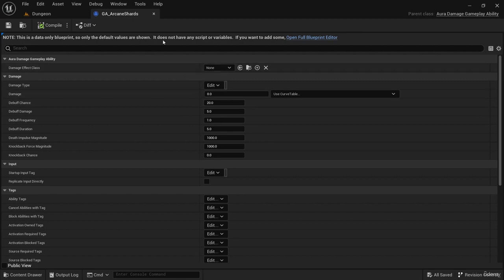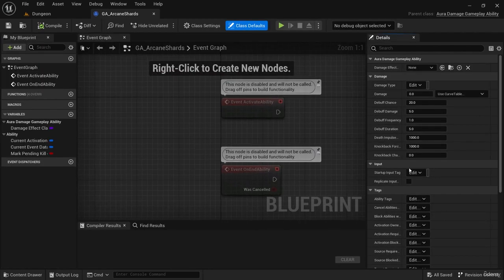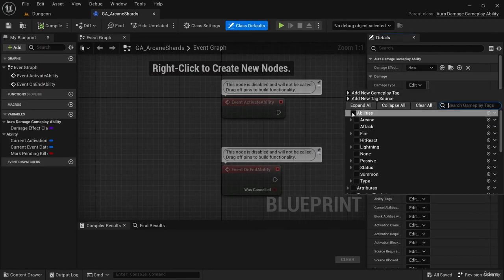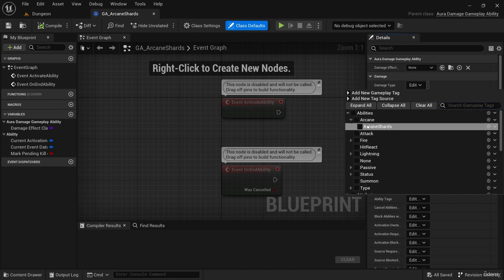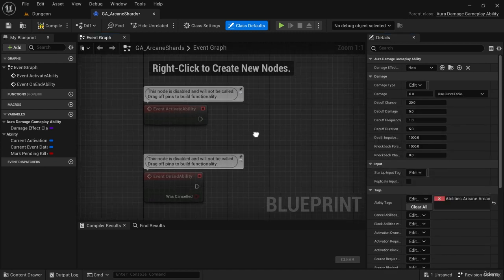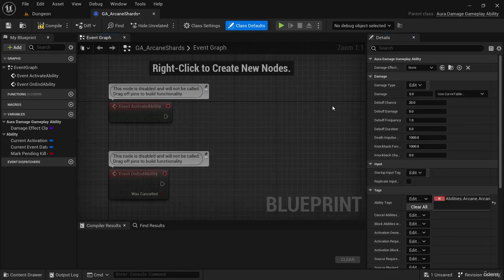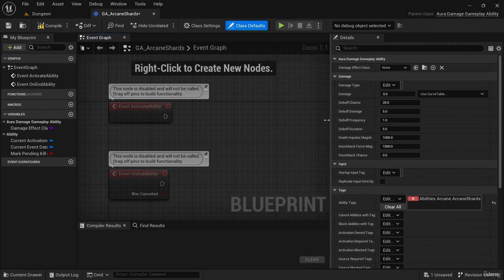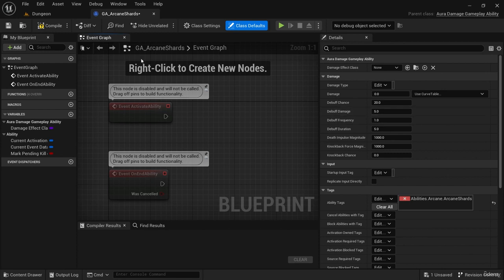Okay, so we'll get that Arcane Shards back open, and now we can set its ability tag to abilities Arcane Shards. And now it can be incorporated in with our system. Now, until we get into actually creating the ability, I'm going to hold off on setting all of its parameters, except perhaps for its damage